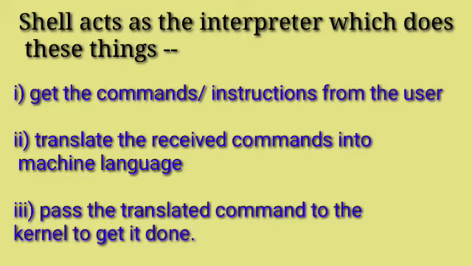So you can understand it like this: suppose that we as a user are giving the instruction to the computer through the operating system. When we are giving the instruction with the help of any application software, that instruction is given in high level language. So the shell part of OS is responsible for converting that instruction to low level language, which is machine language, and then that translated command is passed to the kernel, which is responsible for handling the hardware. So obviously if I am giving a print command, the printer as a hardware is responsible for doing my task, so the kernel will take care of that. Once the task is done, it gives the output to the user again.